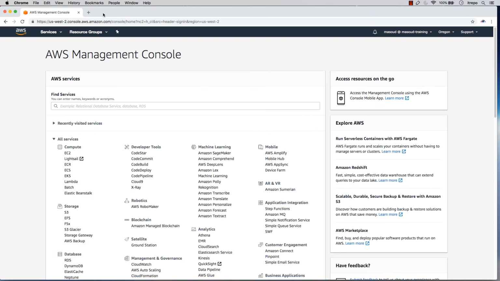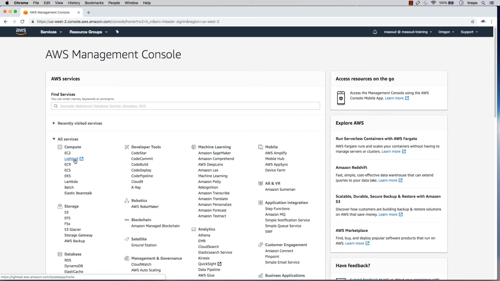So the first option is Lightsail. As you can see here, if you go to the AWS Management Console, inside the compute part, we have Lightsail. We talked a little bit about this one before, but it's just a simple way of running virtual private servers. And this is not an advanced configuration. It's really basic, and it's for people who don't want to have difficulties going through the EC2 configurations. Let's check out this one and see how we can spin up a WordPress website and start using our